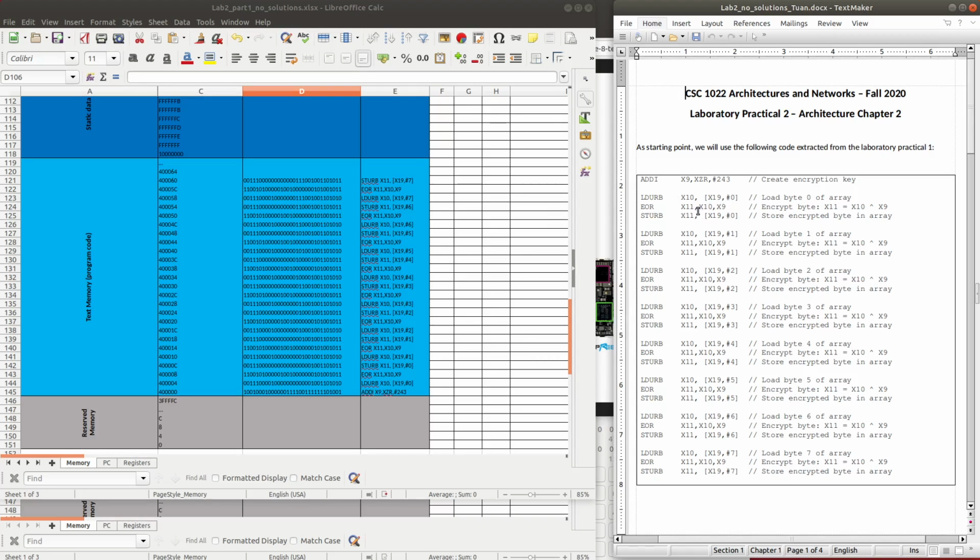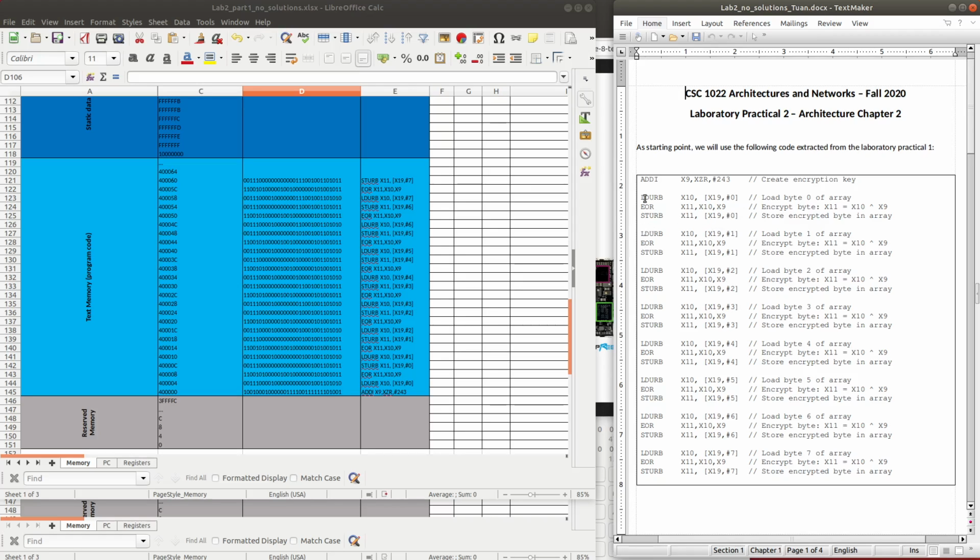Then that value in X10 will be exclusive ORed, in other words encrypted by exclusive OR operation, with the key stored in X9, and the result will be given in X11. Finally, that result in X11 will be stored back into memory at the same location, offset 0 from the address in X19.